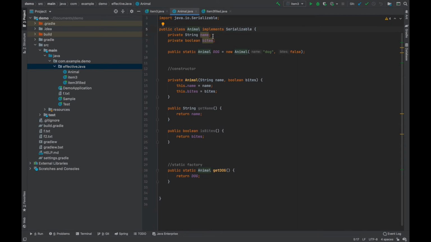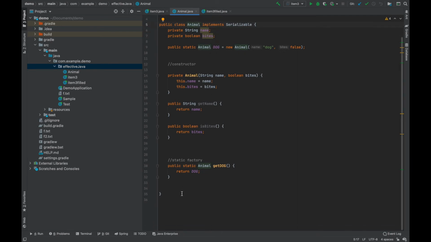So let's say I have name and bytes, and if I want to write this object in a JSON format, it will be something like name is dog and bytes value is false. Okay, this is the JSON format. In a similar way we can have byte format also. That is called the byte stream of the animal instance.